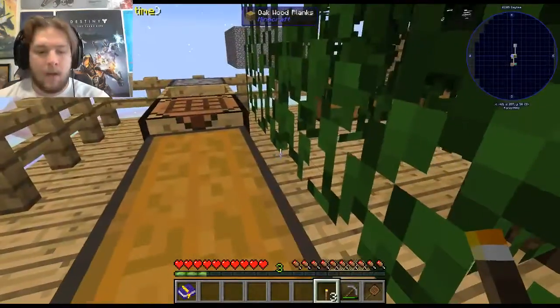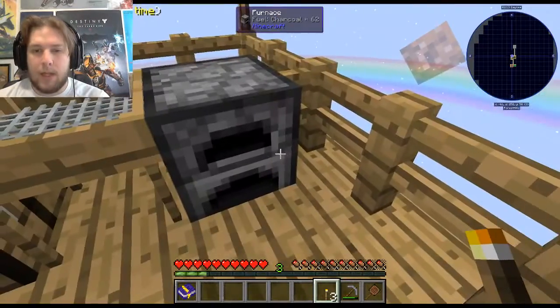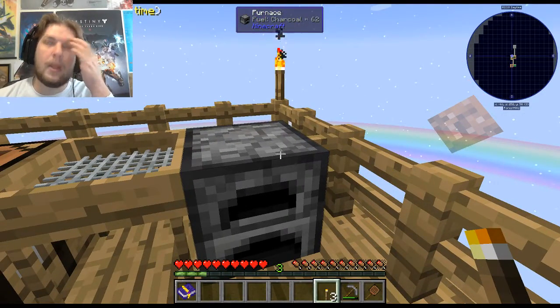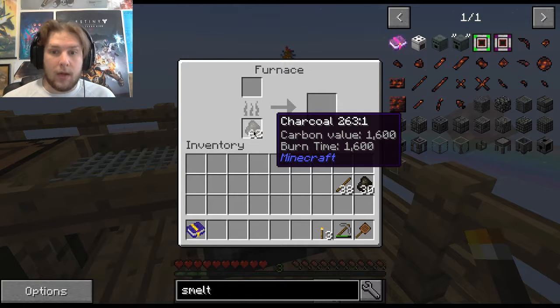Have some charcoal. The thing is, I'm using charcoal instead of coal because I have a problem. You get coal from sifting gravel. And I was not getting a whole lot of coal at all. I think the entire time I was doing it, I only got 22 pieces of coal. And I used down to 17 or 18, making all of the parts I needed. The buckets, the furnace,